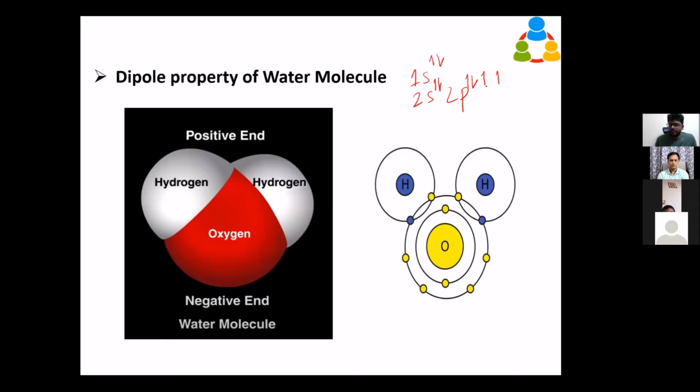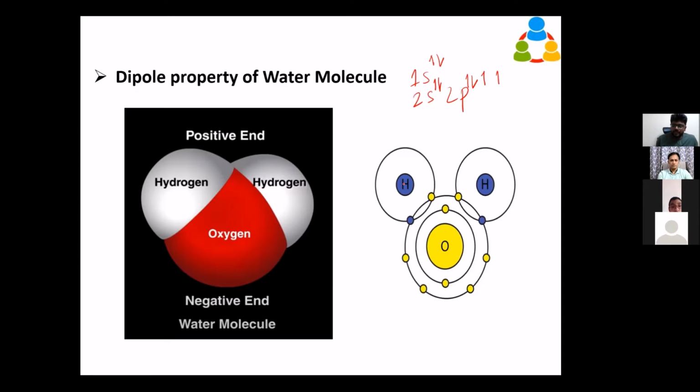But in the 2p orbitals, a single electron is there, no? So it can accommodate 1 more electron. This also can accommodate 1 more electron. With that, the p orbital will be completely closed. So it needs electrons. There is an electron affinity for the oxygen atom. It needs 2 electrons to be complete. I can't say to become neutral, but as per the electronic configuration, it needs to be complete. So it can accommodate another 2 electrons.